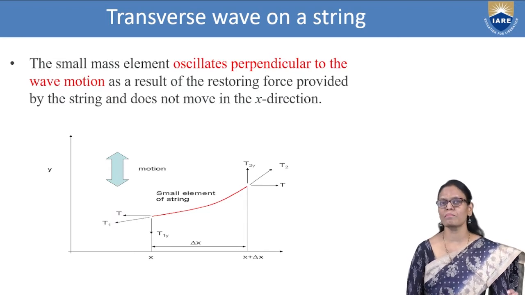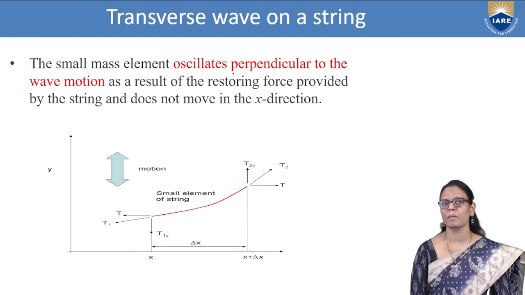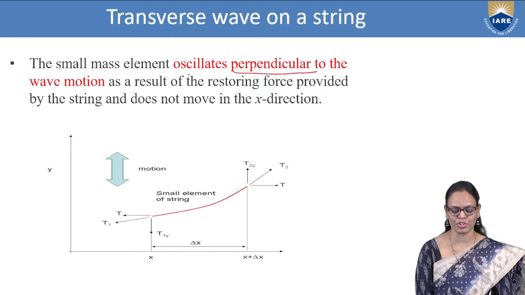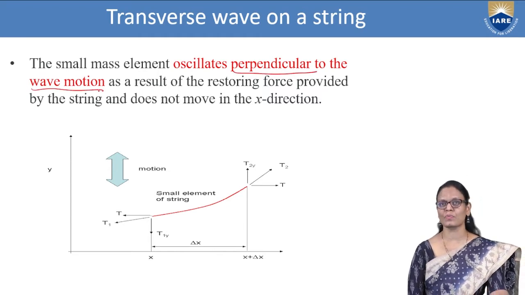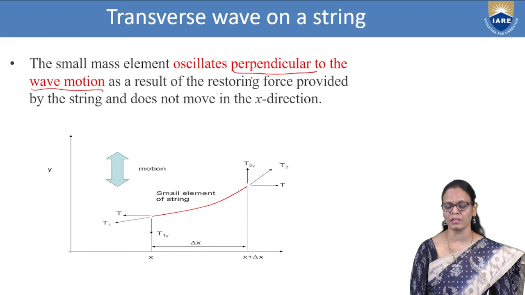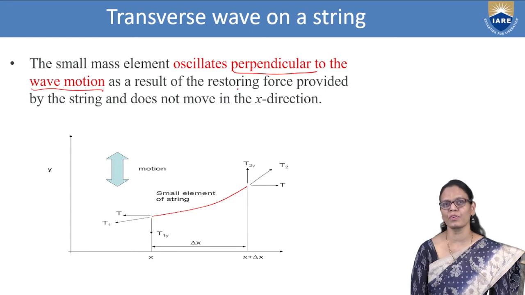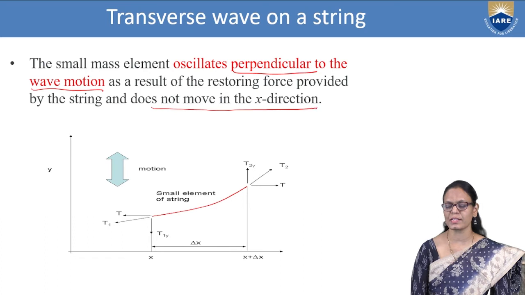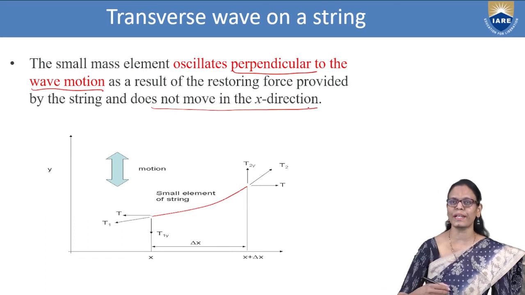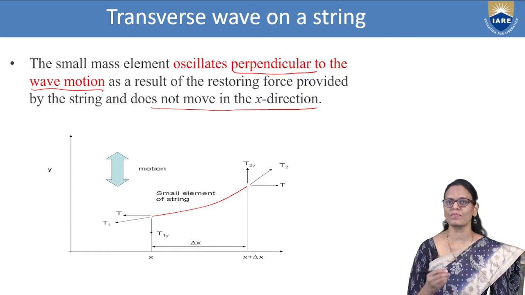Now the small mass element oscillates perpendicular to the wave motion. We are seeing a transverse wave. So how are they oscillating? It oscillates perpendicular to the wave motion, and as a result of the restoring force provided by the string, it does not move in the x direction. It does not move forward. It only vibrates about the mean position, and the restoring force always tries to bring it back to the equilibrium